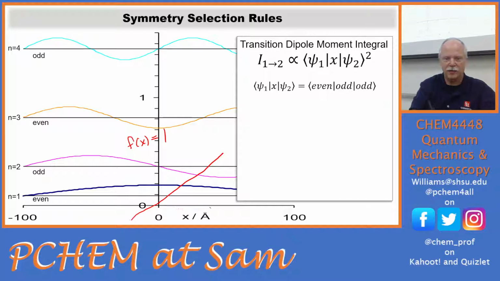Whereas as x goes positive, say this is 15, then f of x equals 15. And if it goes to -15, then down here it's going to be -15 because f of x equals x. So the x-axis is an odd function